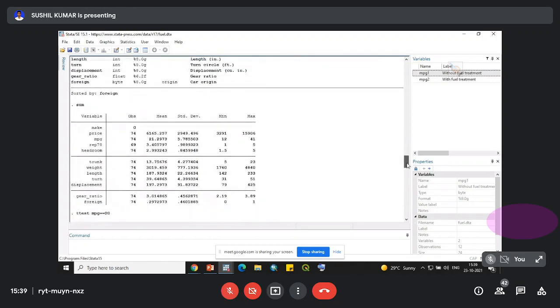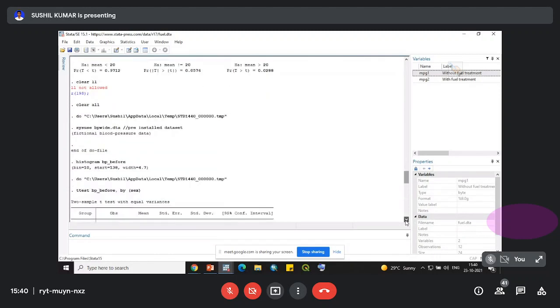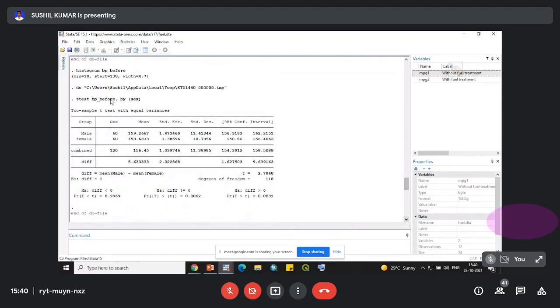Let's have a quick recall. For one sample t-test, we used the command ttest, where we already had a population mean value to which we wanted to compare our sample mean value, and these were the results. In the second case, independent sample t-test, we wanted to check whether for the two groups, male and female, the mean score was the same or different,